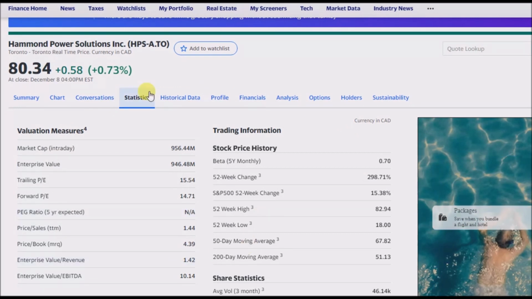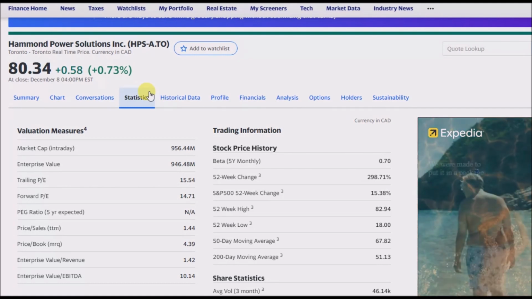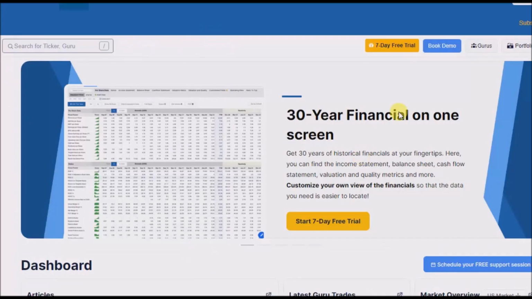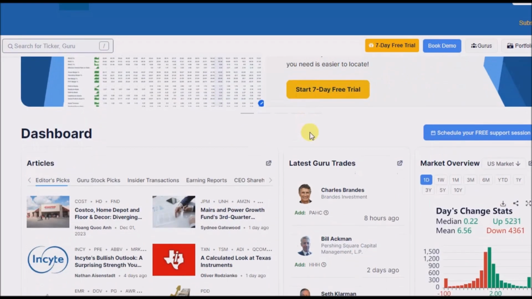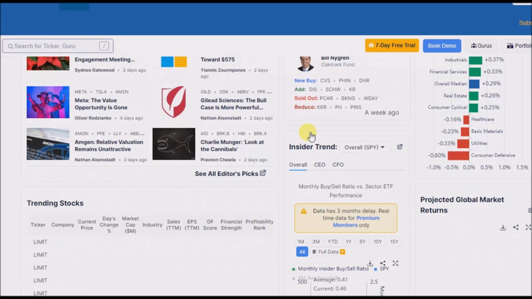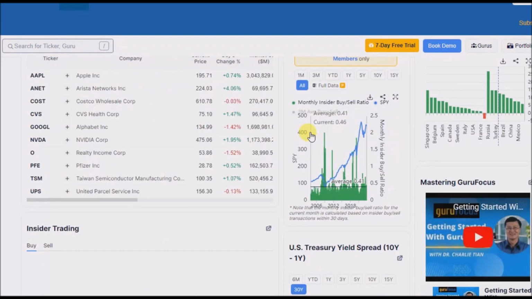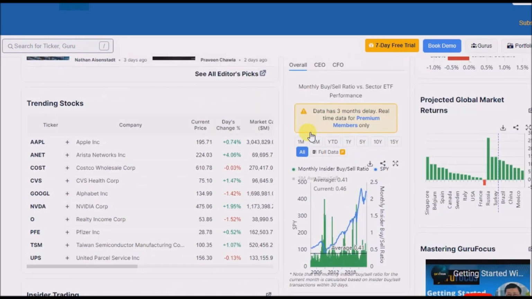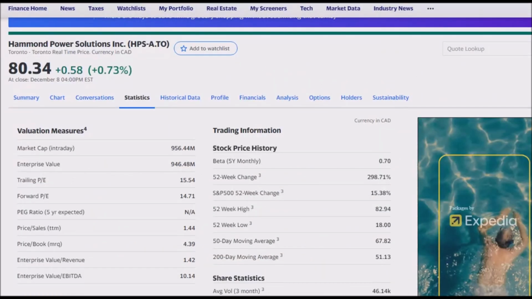There was a popular book written by an author, and the website is Guru Focus. Here's a screenshot of it here, and what this site really does when you get diving into it is statistical analysis of different stocks, and somebody's gone through the process of number crunching and all that. So I'm attempting to do a very